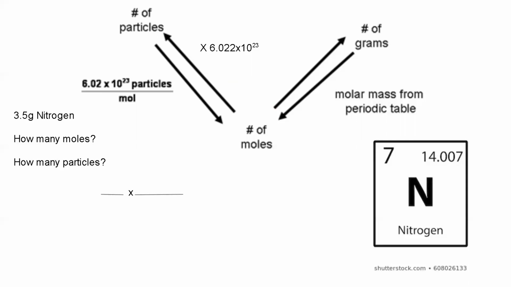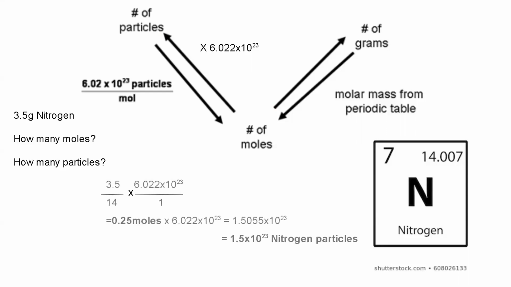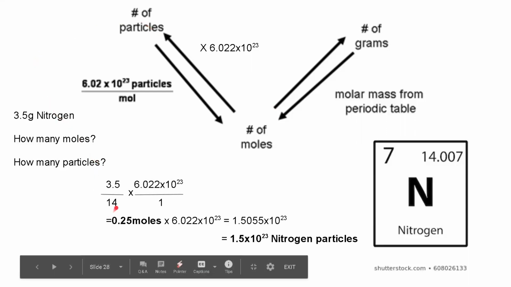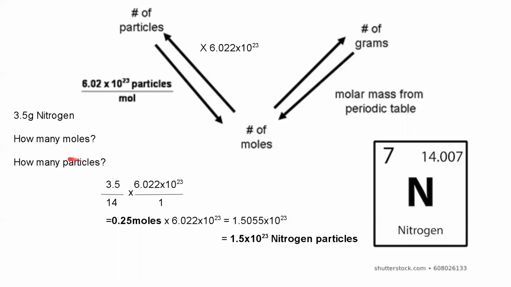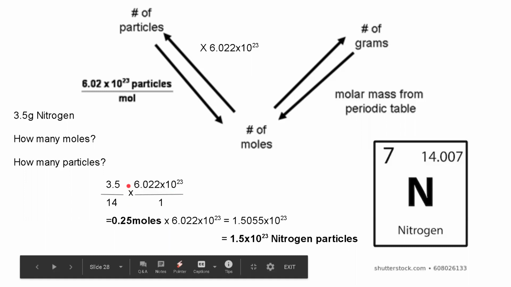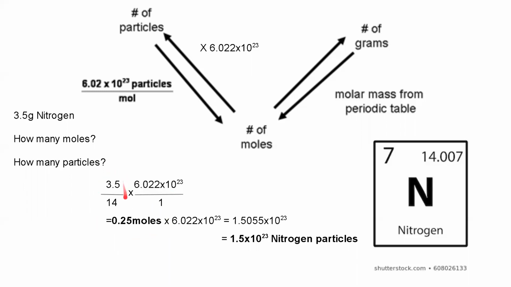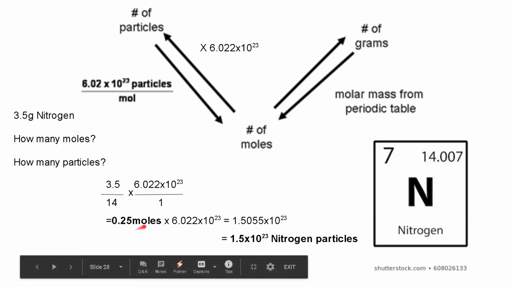So in 3.5 grams of nitrogen, you would do 3.5 divided by 14 because that's nitrogen's molar mass. So 3.5 over 14 times 6.022 times 10 to the 23rd to find the number of particles. First you get 0.25 moles from doing 3.5 divided by 14, which is grams over the molar mass, right? So that's 0.25. That's how many moles there are. So you answer the first question. The second question, to answer that, you just multiply by 6.022 times 10 to the 23rd power, and you would get